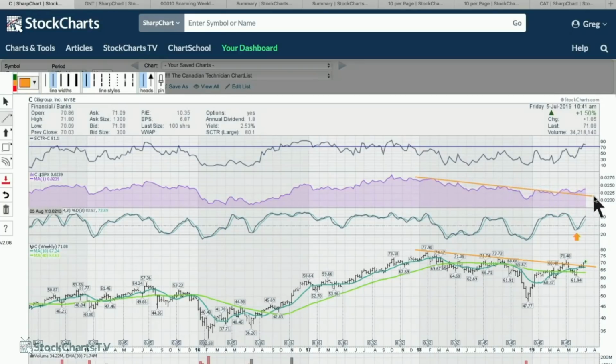So here's the trend line for Citi on relative strength. So this is compared to the S&P 500. And you can see when it's outperforming the S&P 500, that's pretty strong. And when it's underperforming, that's a problem. Well, here's the good news. We've broken the downtrend in underperformance. And so if we just set the line horizontal